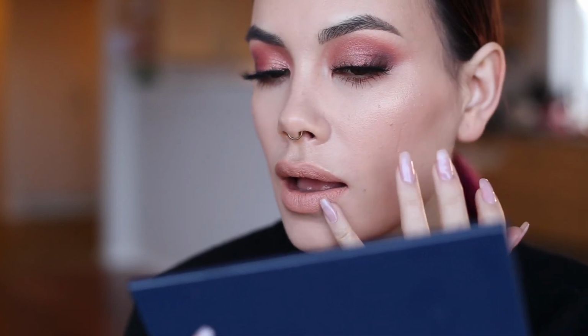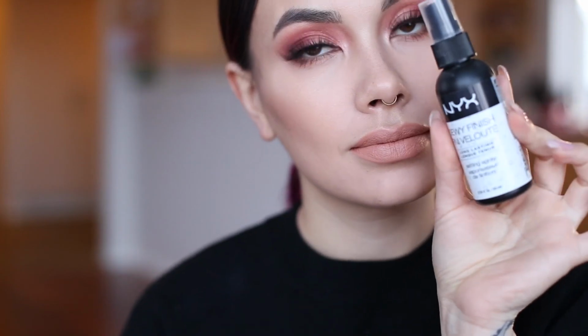I'm adding Rogue & Rogue Last Style Alpha Girl off camera and going in with Dose of Colors DesixKaty lipstick in No Shade on the lips, and with my finger just softening off the edges for a more natural finish. Adding Dewy Setting Spray from NYX Professional Makeup, and that is it for this